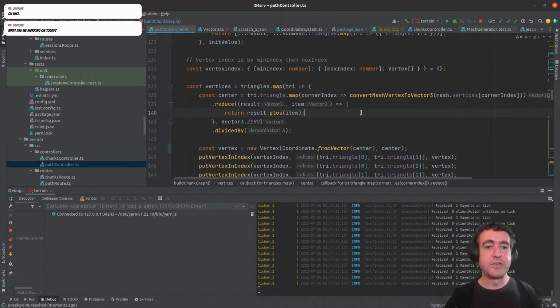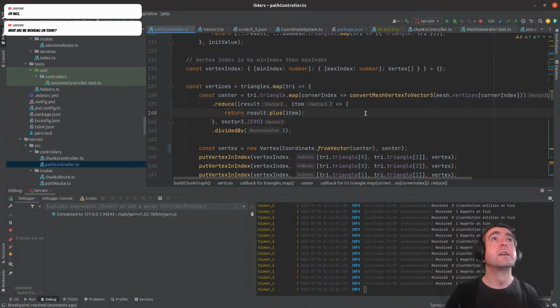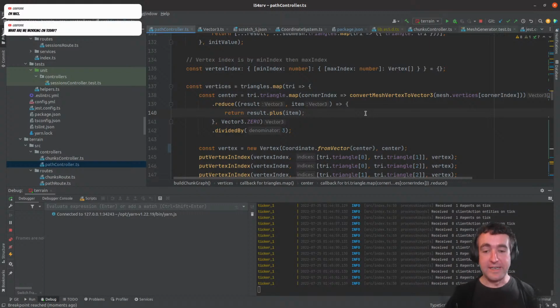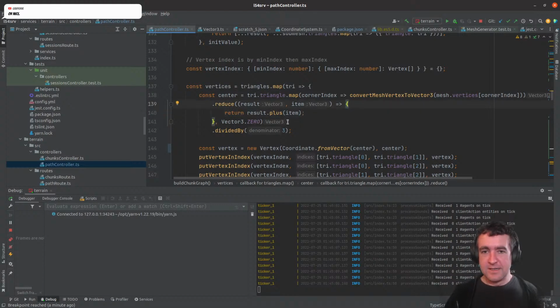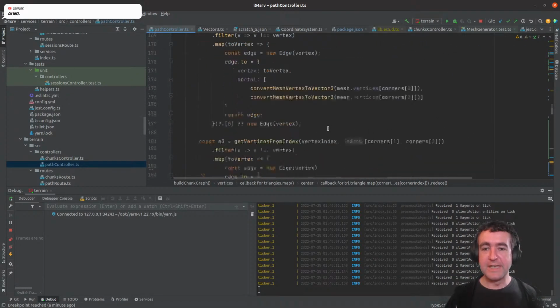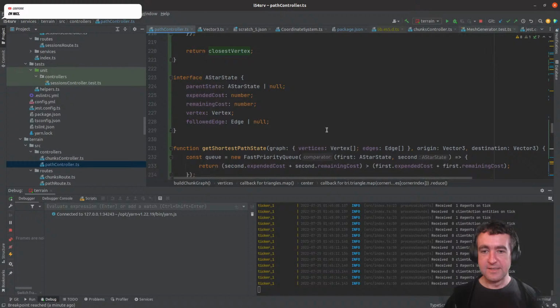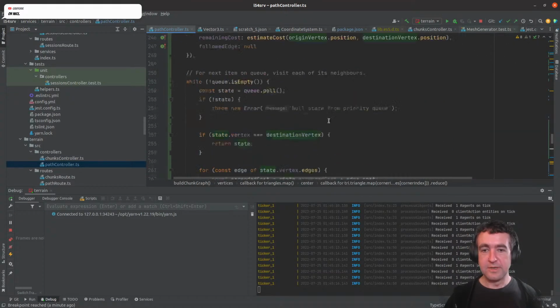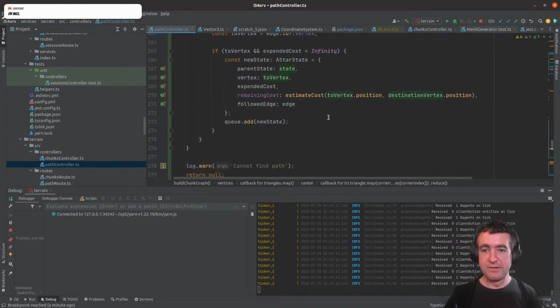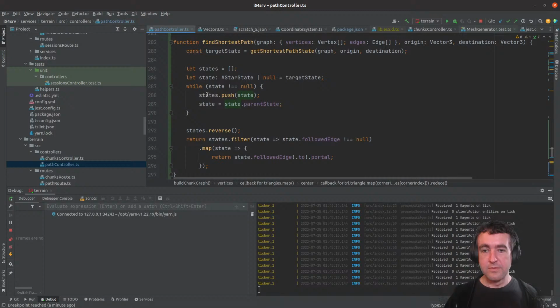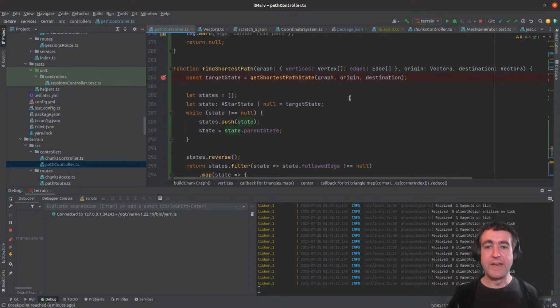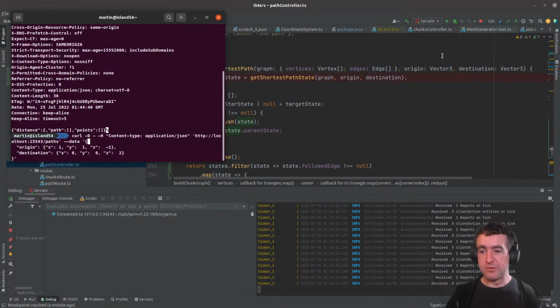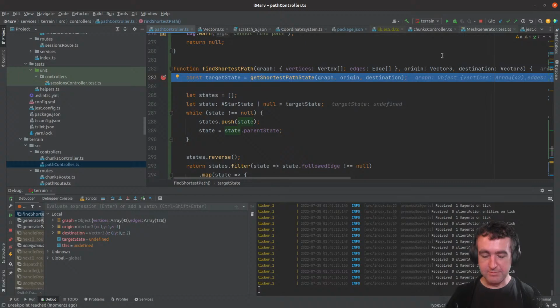So a distance of 2, we're expecting it to pass through, I guess it's at least 3 triangles, I think more than that. Okay, where do I start? Let's start by looking at the actual A* implementation. What I'll do is I'll breakpoint here, step over it, just to see what comes out of A*,